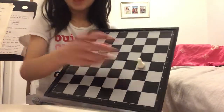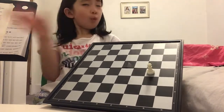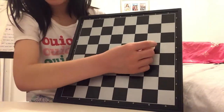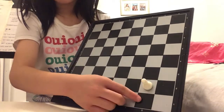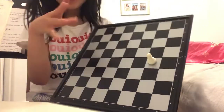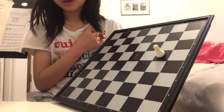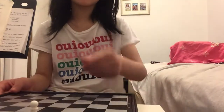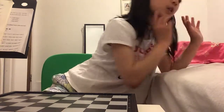But after it makes its first move, it can only go one time. So wherever it is, it can only go one space, okay? So first it was here, then it goes two, and then after that, the black pieces go one turn, and then this goes one up. Okay? So that's how the pawn moves. Every pawn is the same, except I just didn't put all the pawns up here. Okay? And then we're gonna learn how